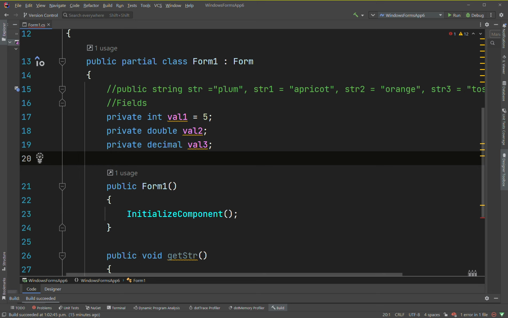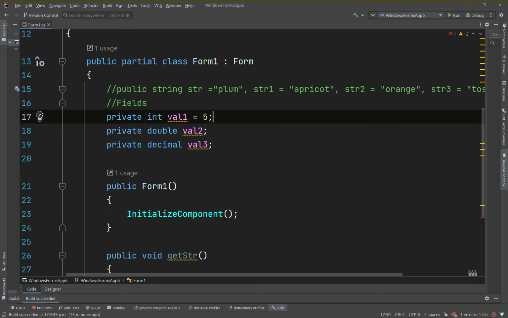We'll talk about this later on, but you can initialize it. So this val, we declared it, but it didn't really want me to, so you can initialize it here to 5, so val1 points to 5. But if I just declare val1 here,